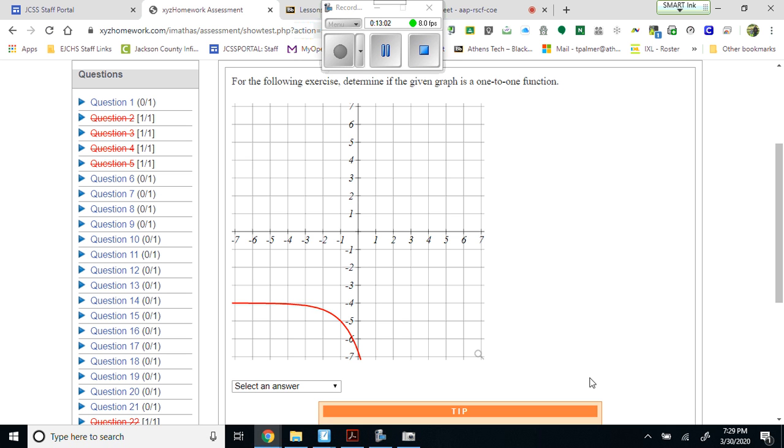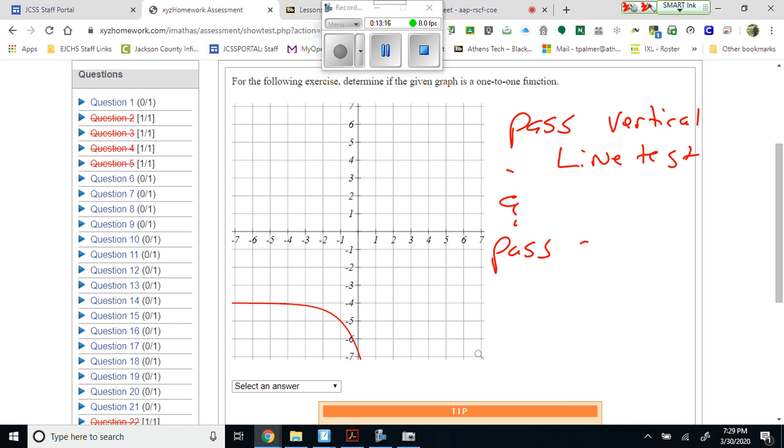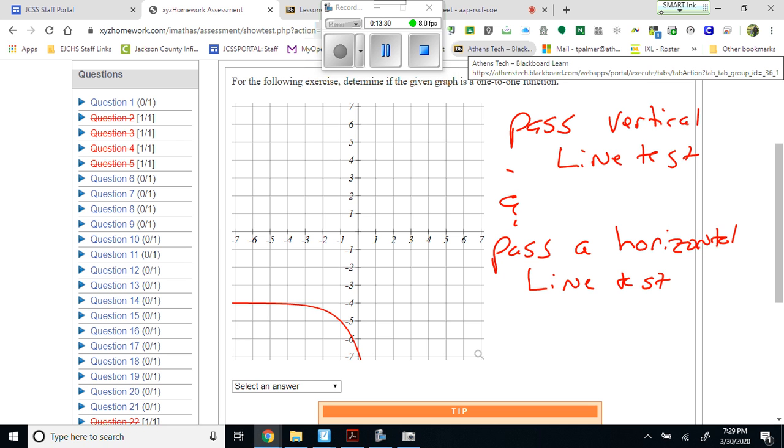Okay, for it to be a 1-to-1, it has to do a couple of things. All right, pass a vertical line test and pass a horizontal line test. And if you can tell from here, if we were to grab a vertical line and move it here,